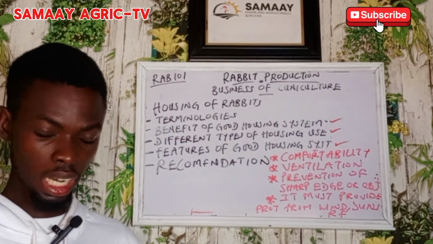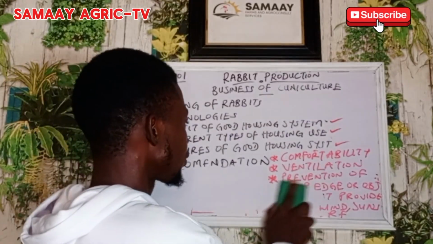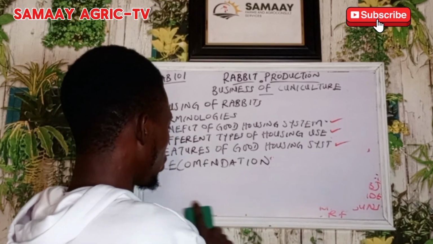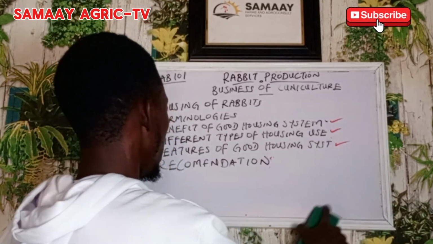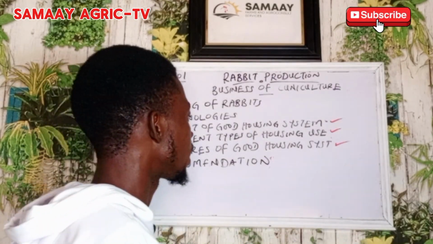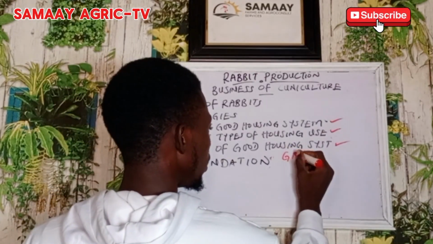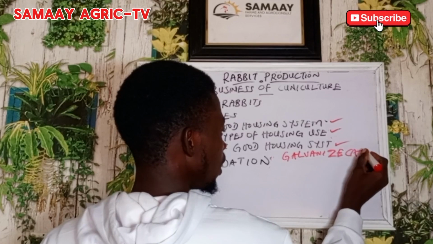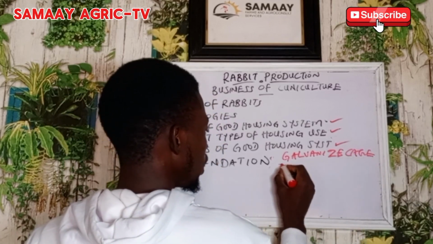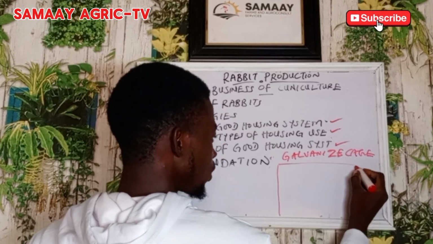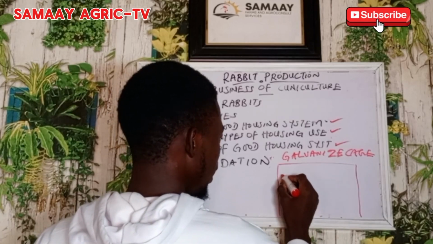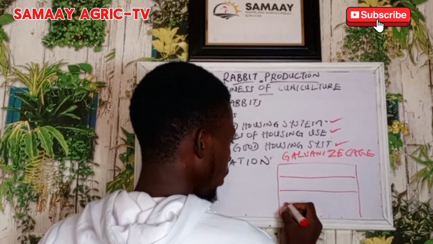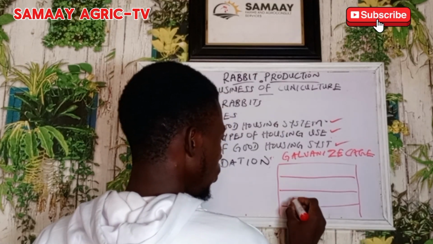And then one thing I will always recommend when you are considering a good housing system for your rabbit is the galvanized cage. It's made up of galvanized iron, and it can come in form of a 3-tier cage, which has